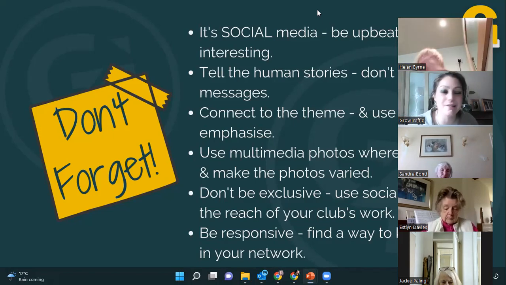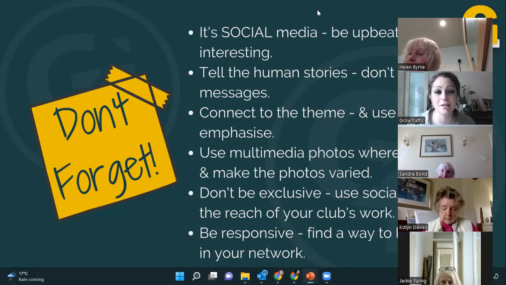Don't just talk internally. As Soroptimists, we are really, really good at just talking to ourselves. And we have to make sure when we're talking about things that we are appealing to a wider audience. So don't use jargon. If we talk about program action and PA and UK PAC and all this malarkey, if you're not a Soroptimist, it means nothing to you. So try and remember that we need to use inclusive, open language and not be just excluding people in the language that we use.